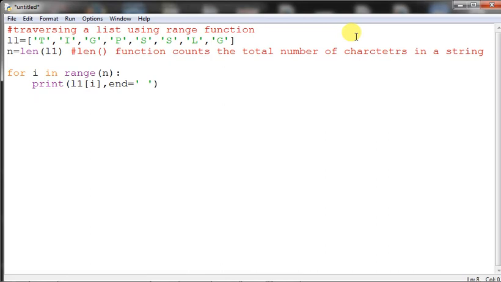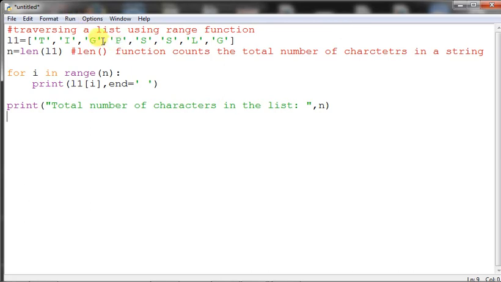One more extra thing it will print: total number of characters in the list, comma, and then give n. That's over. Now you run.